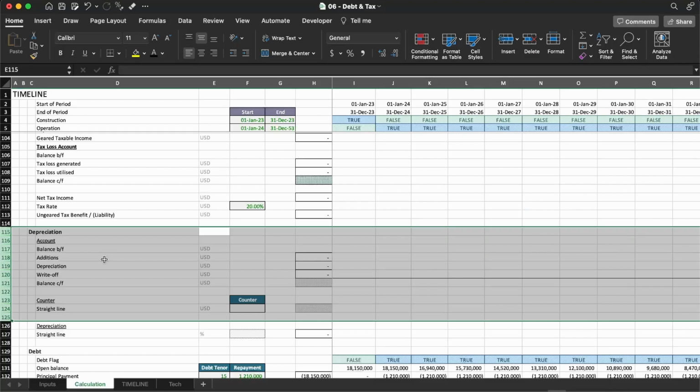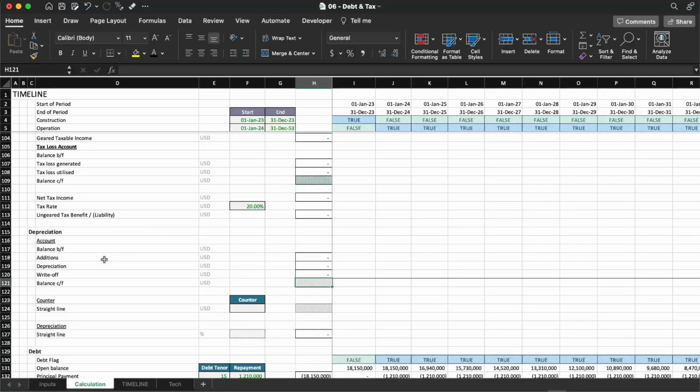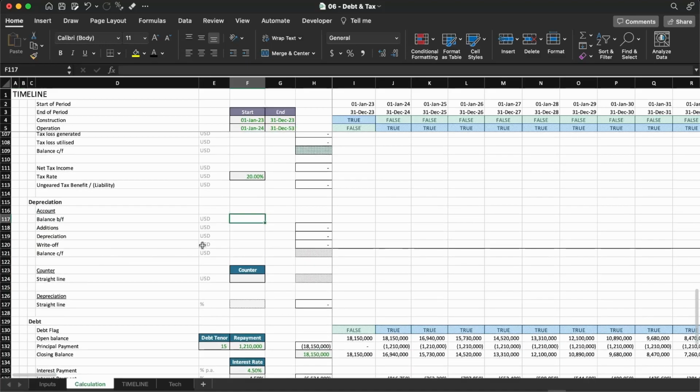So the purpose right now is just to have a simple financial model up and running. And once we finish it, the next step of the series is just to add more complexity, or in other words, to be more granular and more flexible in this model here. So let's see for depreciation. So what are we going to need for depreciation here, right? I think we're basically going to need one thing. I think we just need to determine